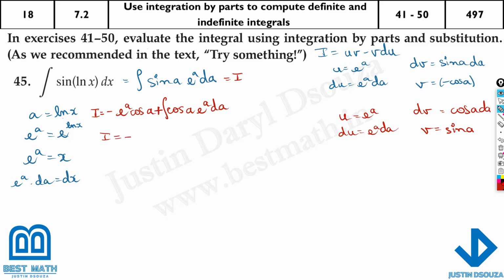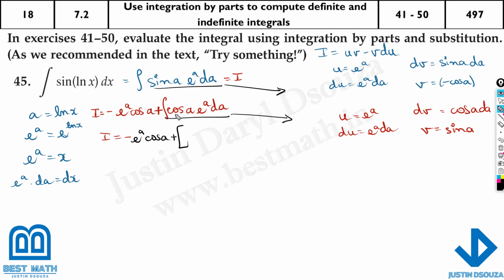Now let me again change the color. Because this was the first substitution and then we got this, and then again this right side was substituted over here. Now I'm going to write the left side is done: e to the power a cosine a is done. Plus